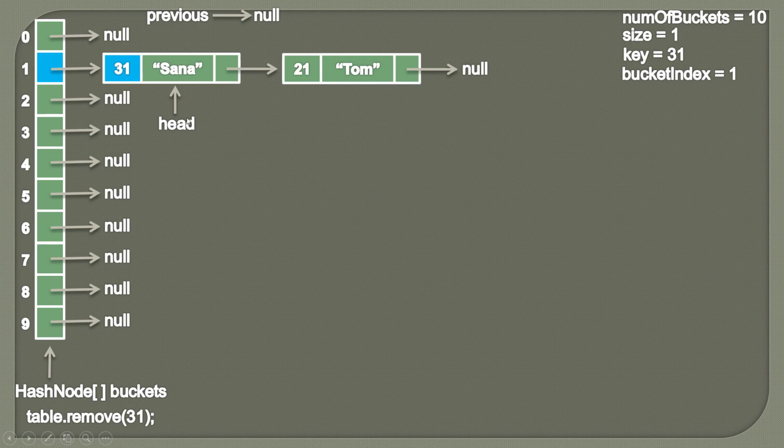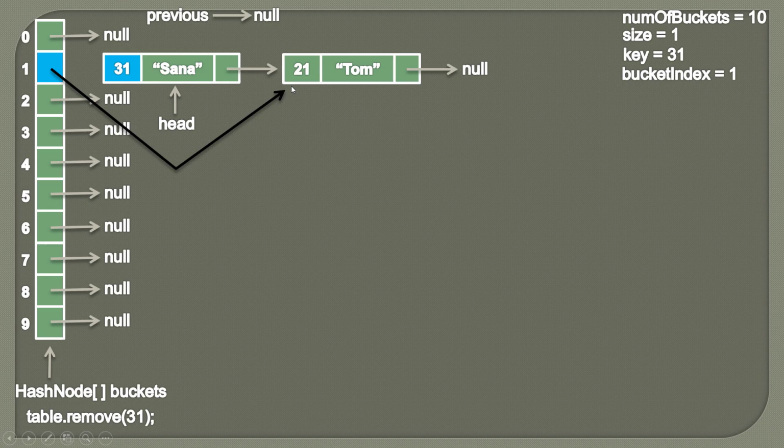So how can we access all the nodes after that? We simply do head.next, and if we do head.next, we reach this node. So here we break this link and we assign the value of head.next to it. So now this link will go away and it will point to this node and the nodes after that. So here we are simply assigning head.next value to the buckets array at index 1. So it would look something like this. This link will go away and it will point to this node.